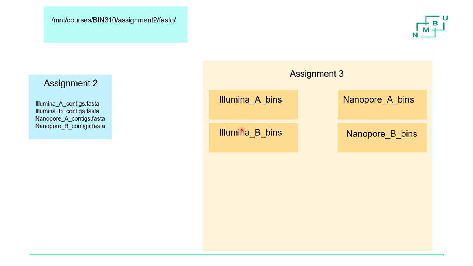The next thing you're going to do in assignment 3 is to compute coverage per contig. Coverage per contig. See module 8 for how to do this. And my point is then you work in each of these folders separately, or you make the script here. At least I would do that, but you do the job for each of these 4 in turn, right? You don't need 4 scripts to do this. You can do more or less the same in all 4 cases